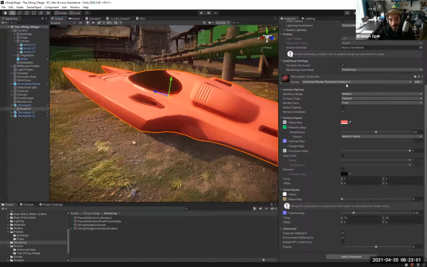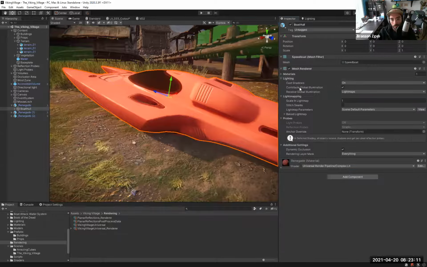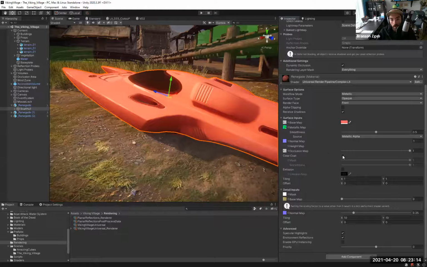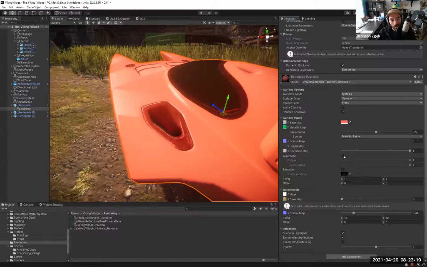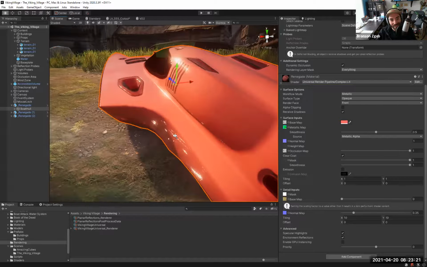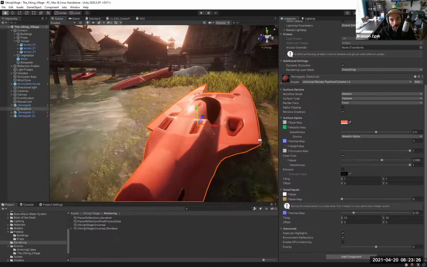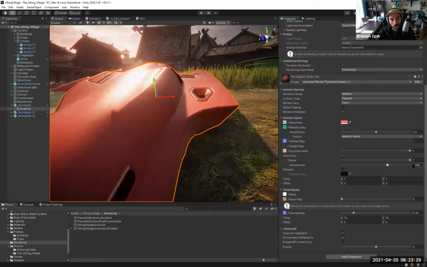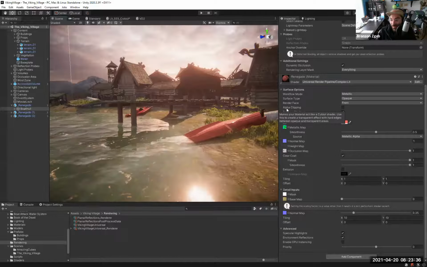Here's the new URP standard shader. So there's multiple lit shaders. The clear coat is available in the complex lit version. So now if I enable the clear coat, you can see how the boat kind of gets an extra sheen to it, as if it was a vehicle, I guess, a car, something like that. And you can mask it and play with the smoothness a little bit. And yeah, that's all there really is to know about clear coat, as far as I know.